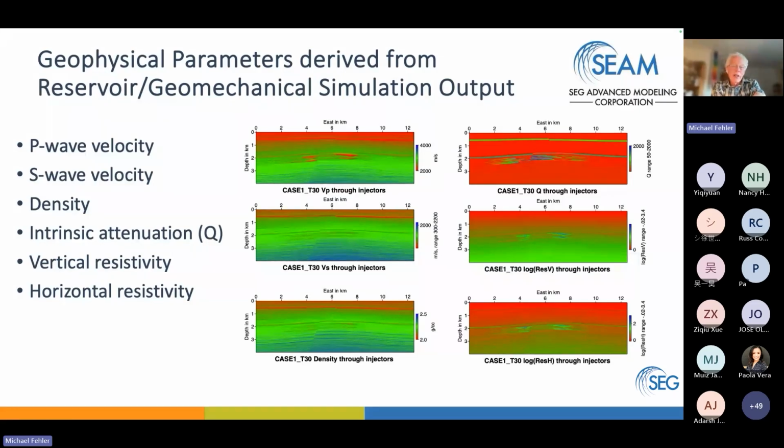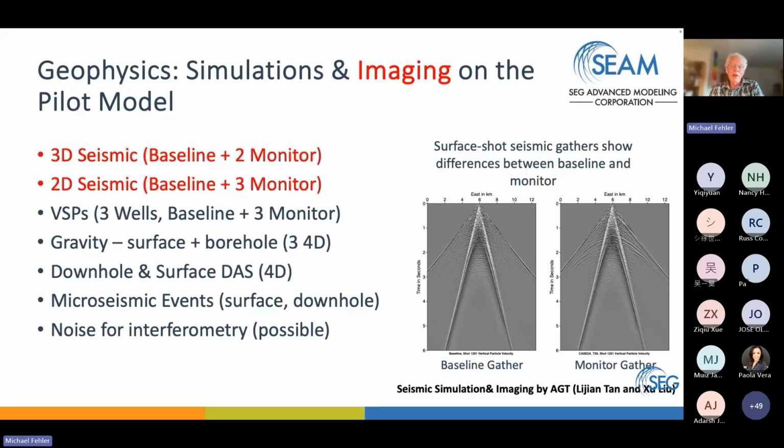The simulations that we've done are all done now on the pilot model. I've listed the simulations we've done and put in red the data that we've imaged. We've done 3D seismic on a baseline model and 2 monitor models, 30 years in both the contained and the fluid migration model. We did 2D surface seismic on the baseline and 3 monitor models, including a 2D seismic simulation on a monitor model at 9 years in the fluid migration model to see if we could detect the onset of fluid migration. We've done VSPs, and the difference between the VSP and these is that these are about 45 hertz maximum frequency. The VSP is nominally 100 hertz maximum frequency.